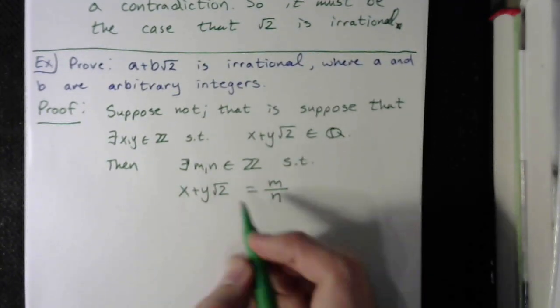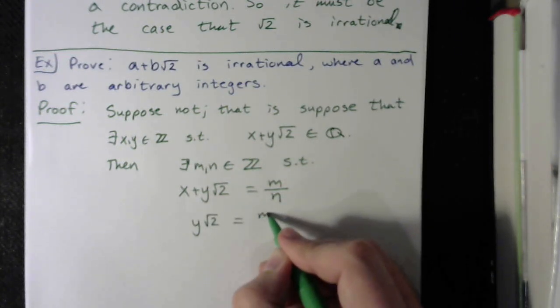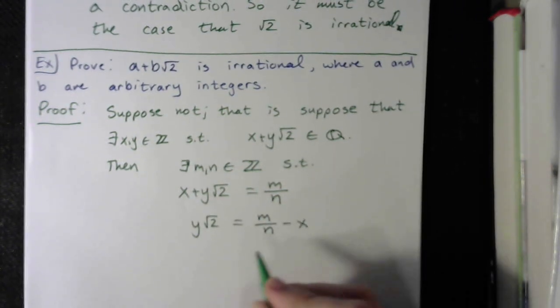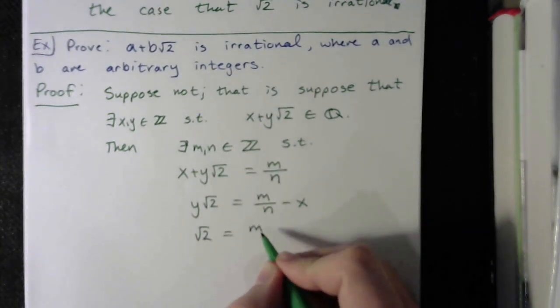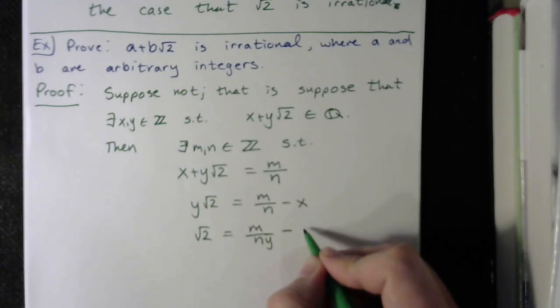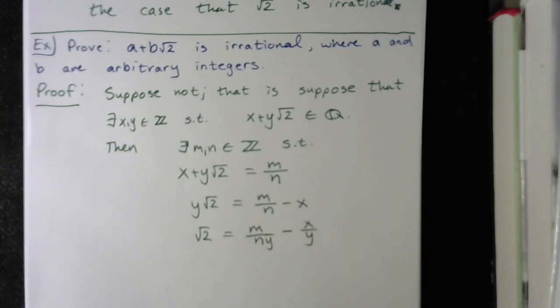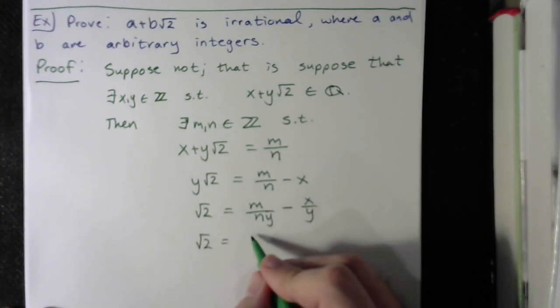So we're just going to subtract over the x. y rad 2 equals m over n minus x, and then rad 2 equals m over n minus x, all over y. And the square root of 2 then equals